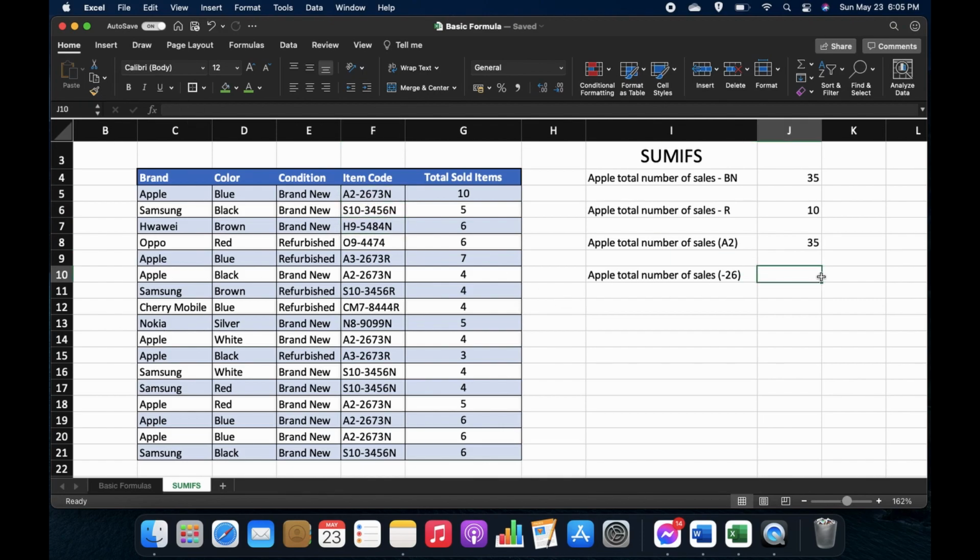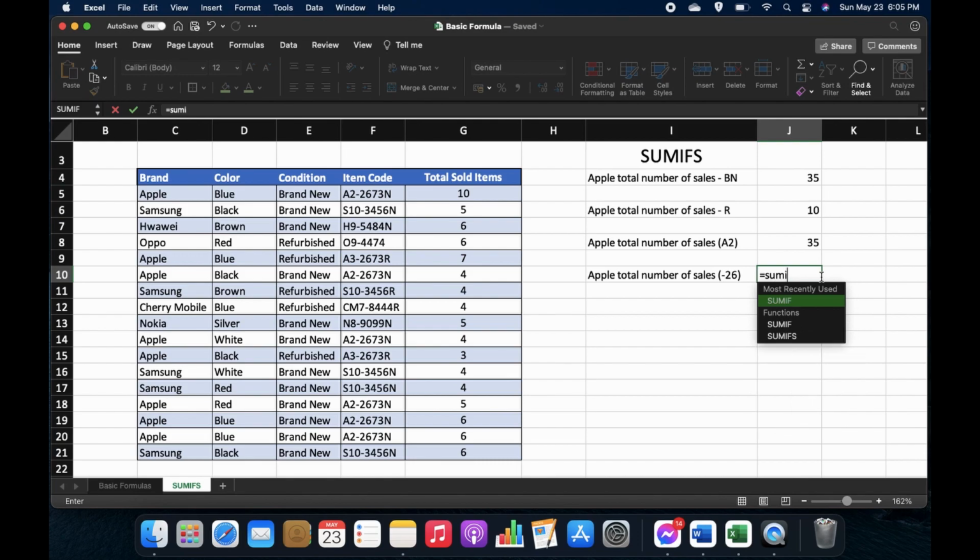Okay, so the formula is going to be sumifs, left parenthesis, sum range, comma, criteria range number 1, comma. So now we're looking for a -26 item code. So I will put a quote